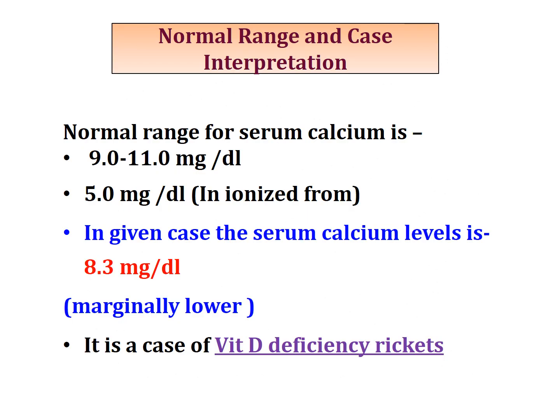Normal blood calcium level is 9 to 11 mg per dl, out of which 5 mg per dl of calcium is present in ionized form and is metabolically active. Another 1 mg per dl calcium is complexed with phosphate, bicarbonate and citrate ions. Remaining amount of calcium is bound to proteins which are present in blood.